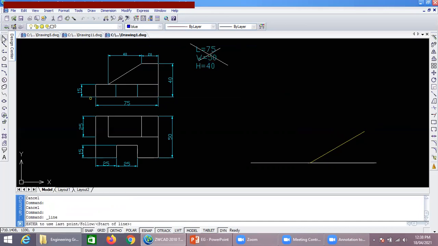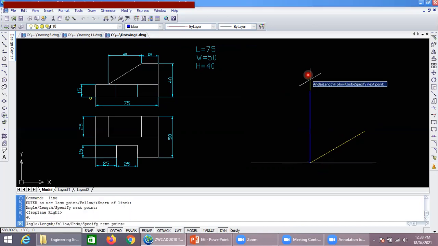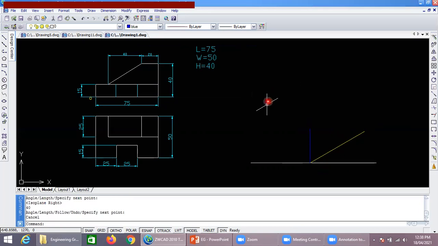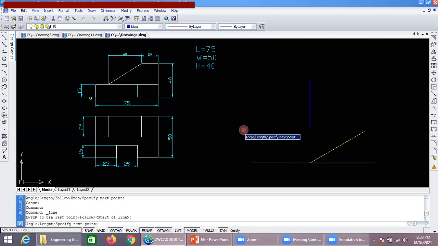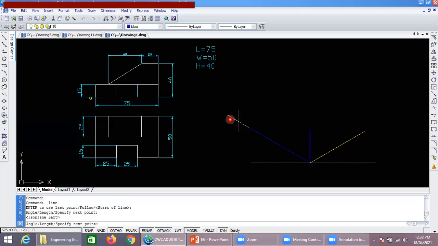So this one is the height axis of 40 mm. Then the width axis is of 50 mm. So this one is the 50 mm.